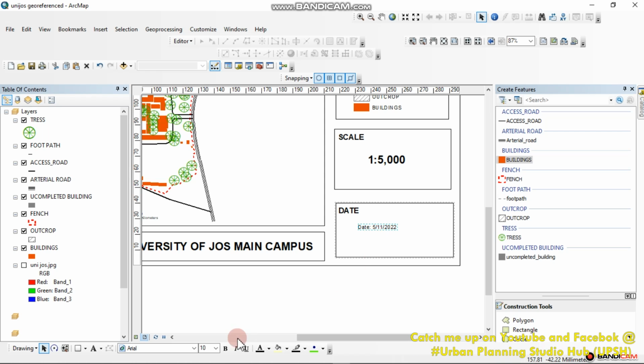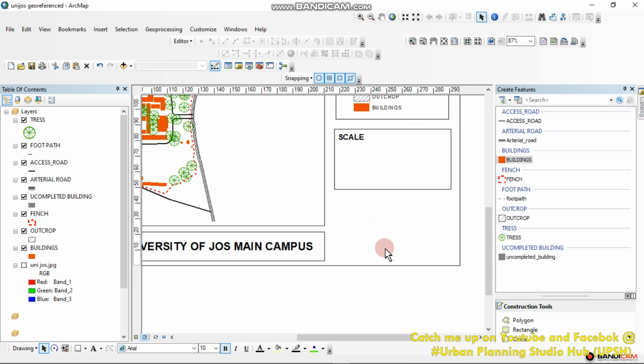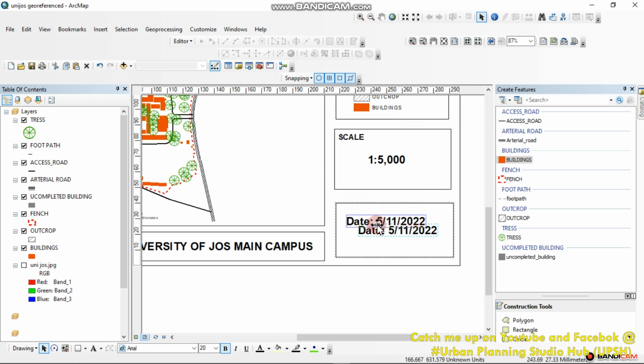Okay, so we can decide to add up to 20 perhaps, and then bold it. Then maybe I can get rid of this now. Maybe let's say delete. This is better. The date is okay. Now supposing you want to add more details like